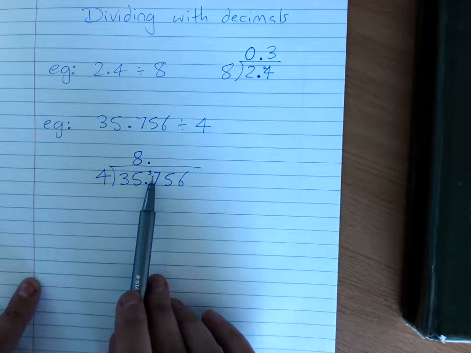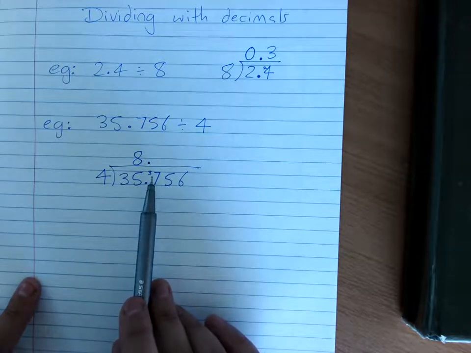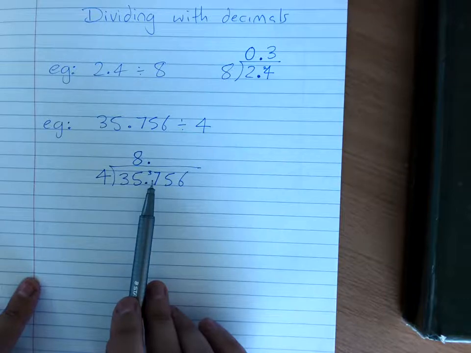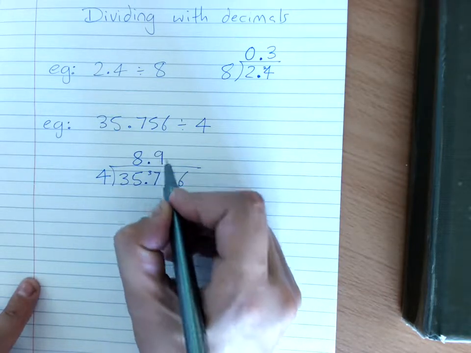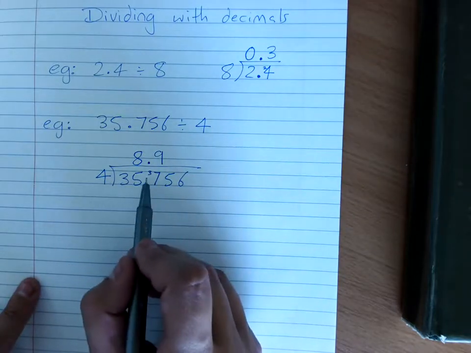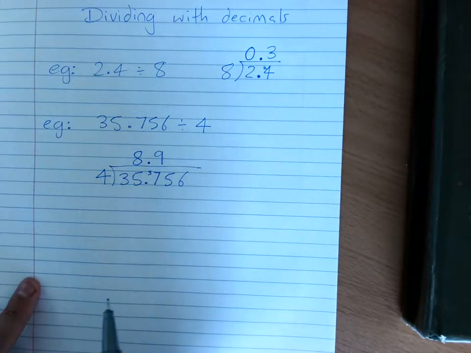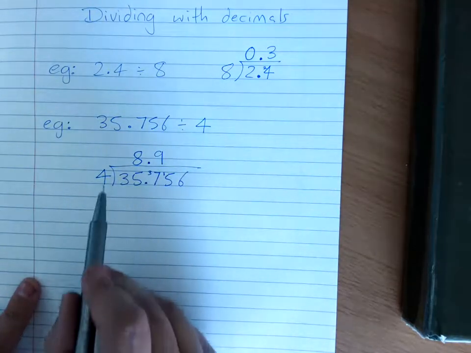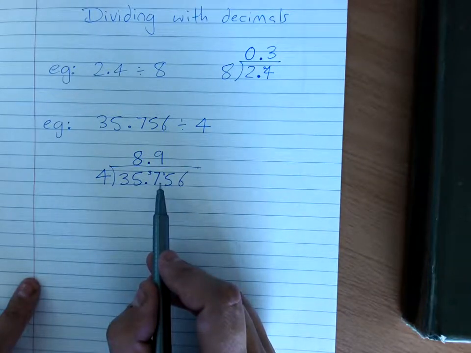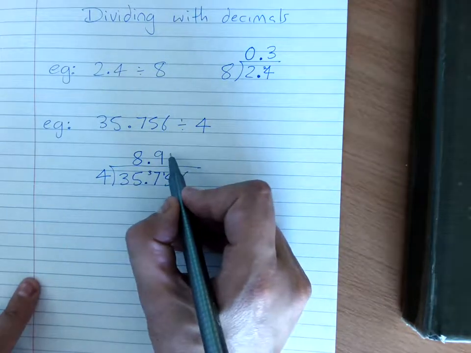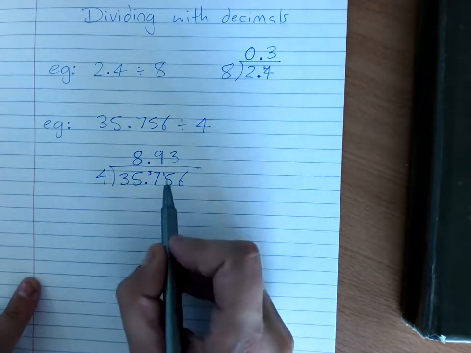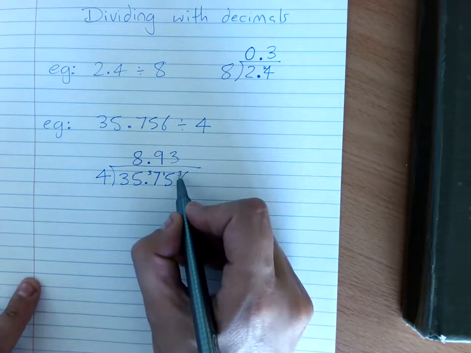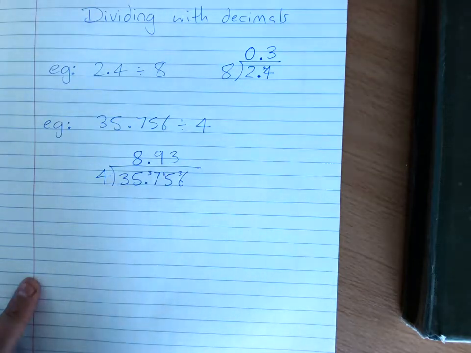4 into 37. 12 times. Sorry? 12 times? No. 9. Much better. So 9 times 4 was 36. So out of 37, what's my remainder? 1. Good. 4 into 15? 3. 3 times, because 3 times 4 is 12. 12. So how many remainder? 3. Oh, and this is useful because 4 into 36 is